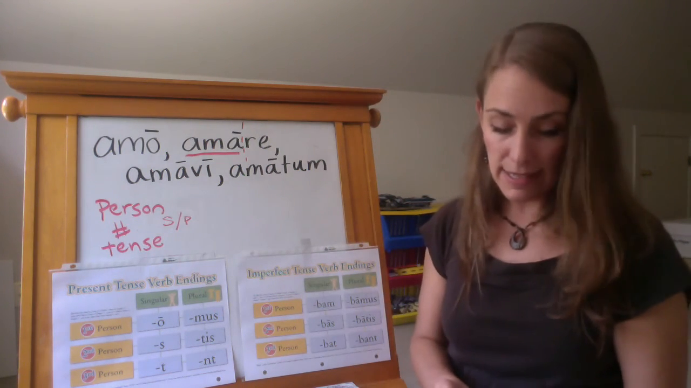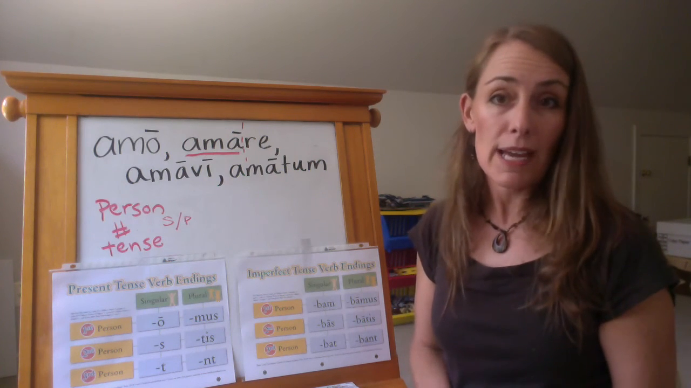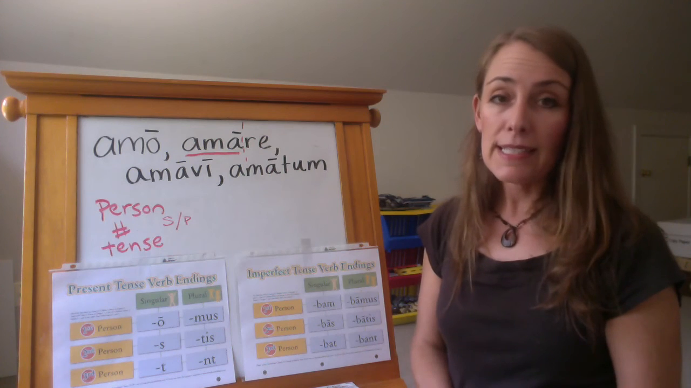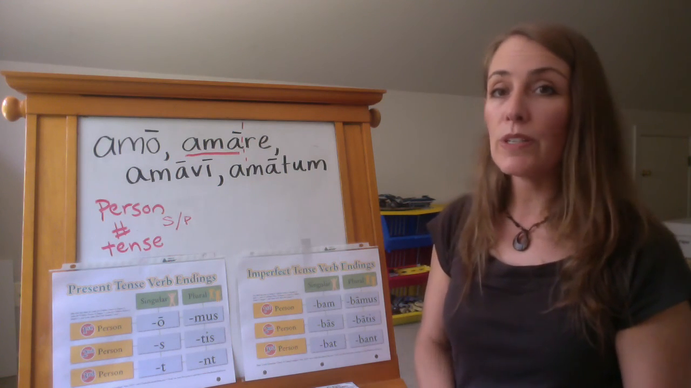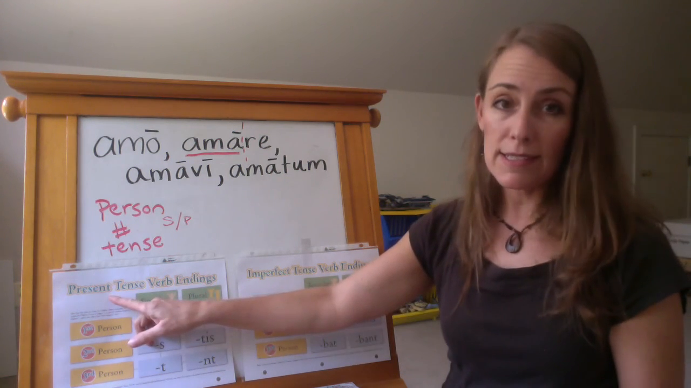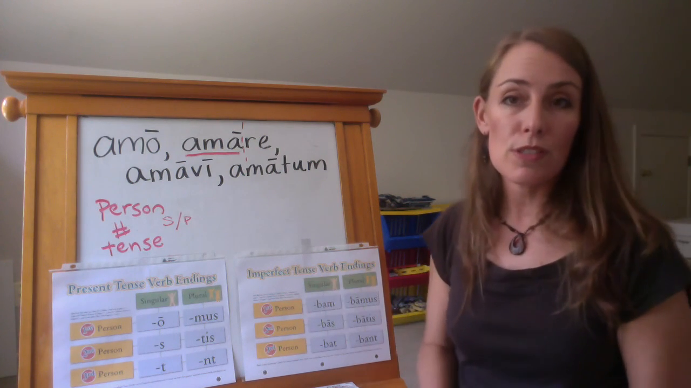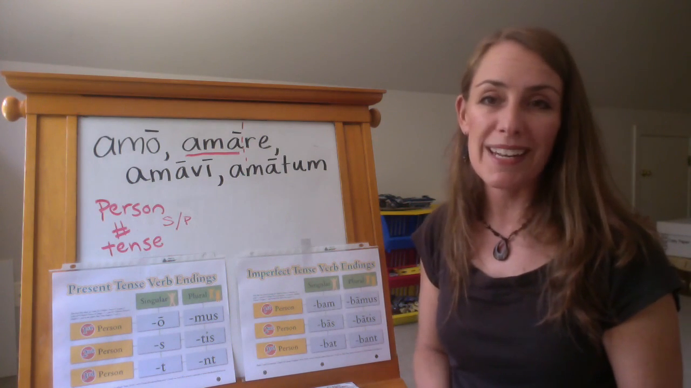And then the last thing that we can know about a Latin verb is the tense. Tense always has to do with time. In beginning Latin, we are going to be talking about the present tense, and the imperfect tense, and we will move on to the future tense, but I'm not going to go there right now. So the tense tells you when the action is done. So by looking at one Latin